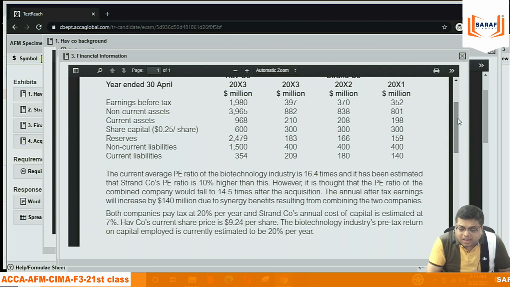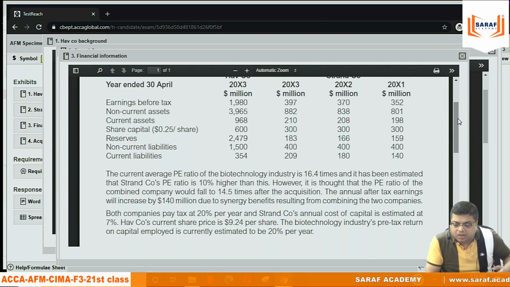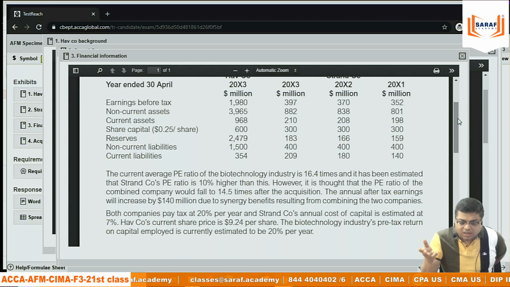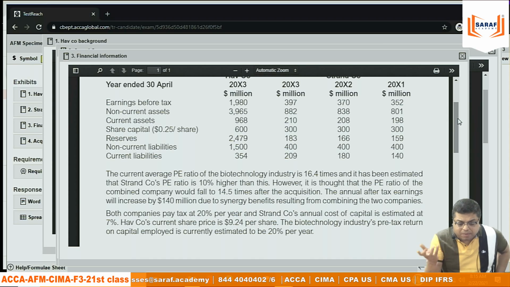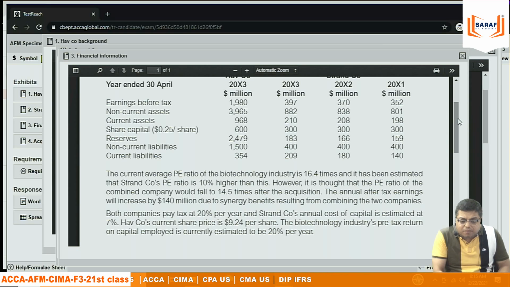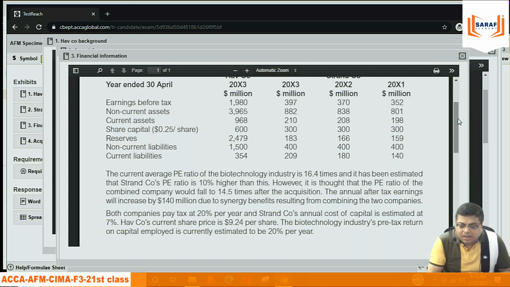The biotechnology industry pre-tax return on capital employed is currently estimated to be 20% per year, but we are earning greater than that. For that reason, the S company's persons are saying that we should be getting premium based on our extra earnings. The normal earnings profit before tax is 20%. But if we calculate our earnings 397, 370 plus 352, all added divided by 3, and then we divide the, what I should say,